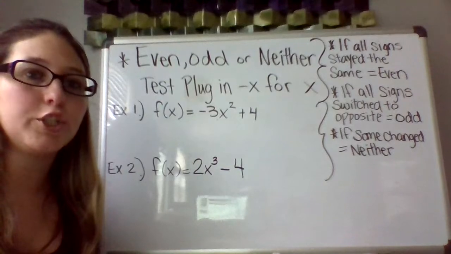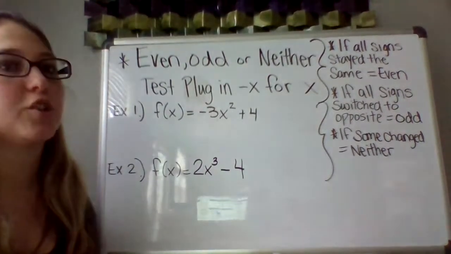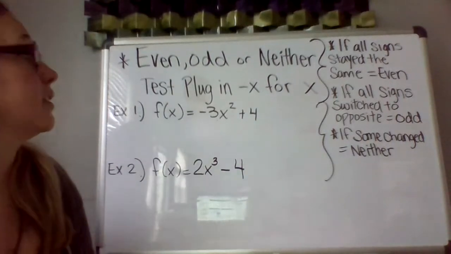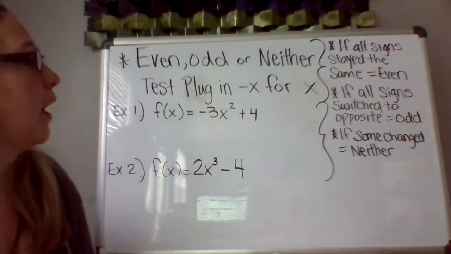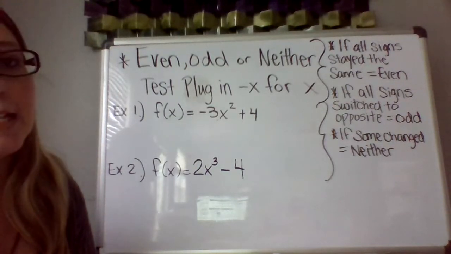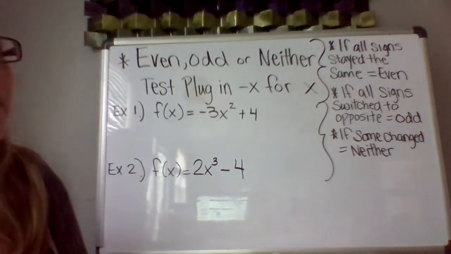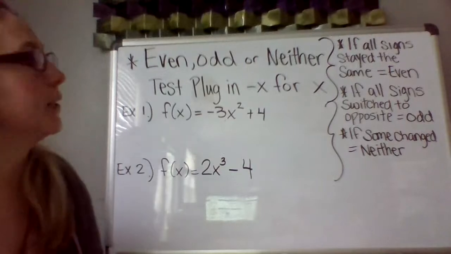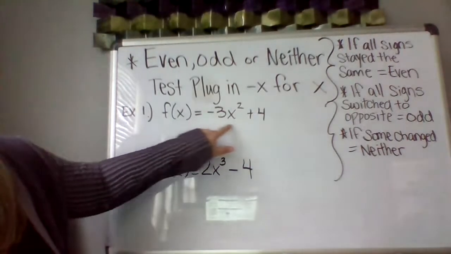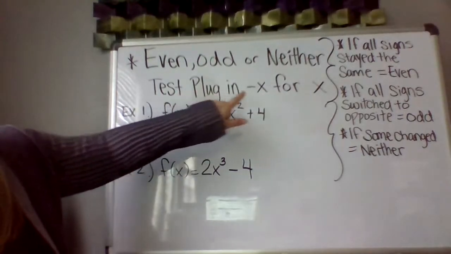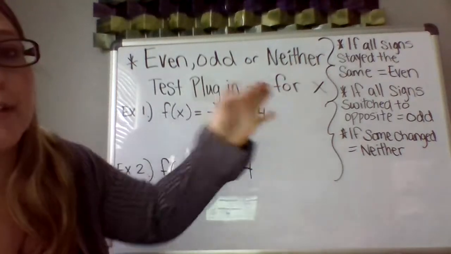This is lesson 2 of cubic functions. This is actually good for all functions, though, to find out if a function is even, odd, or neither. There's a test to find out if it's even, odd, or neither. Basically, you need to take the original function. So here's an example. And you're going to plug in a negative x wherever you see x and then simplify